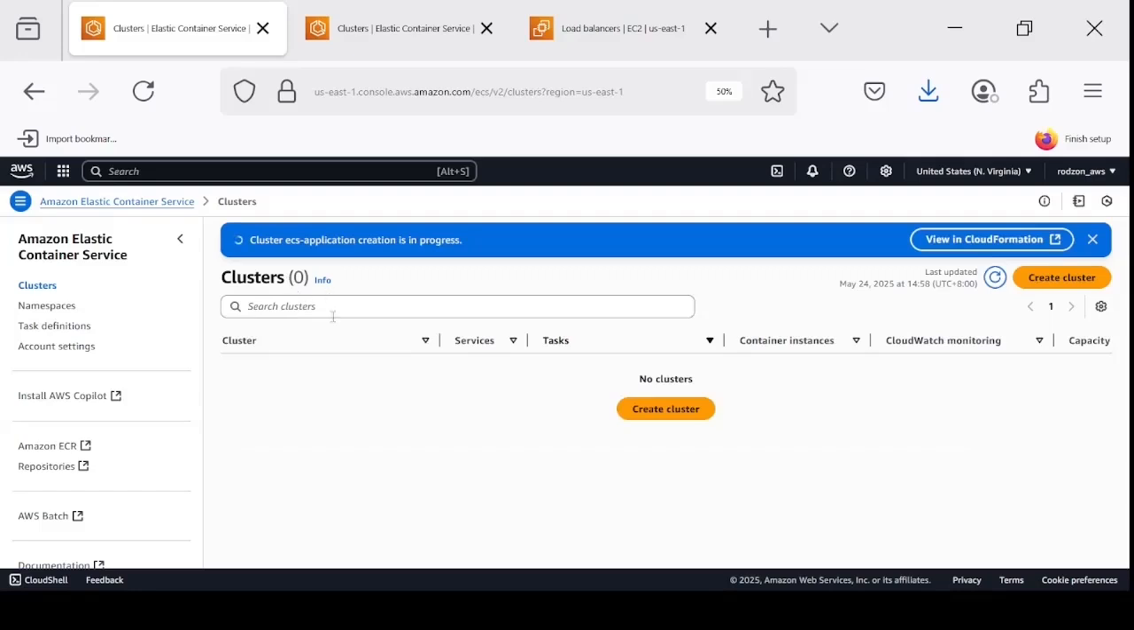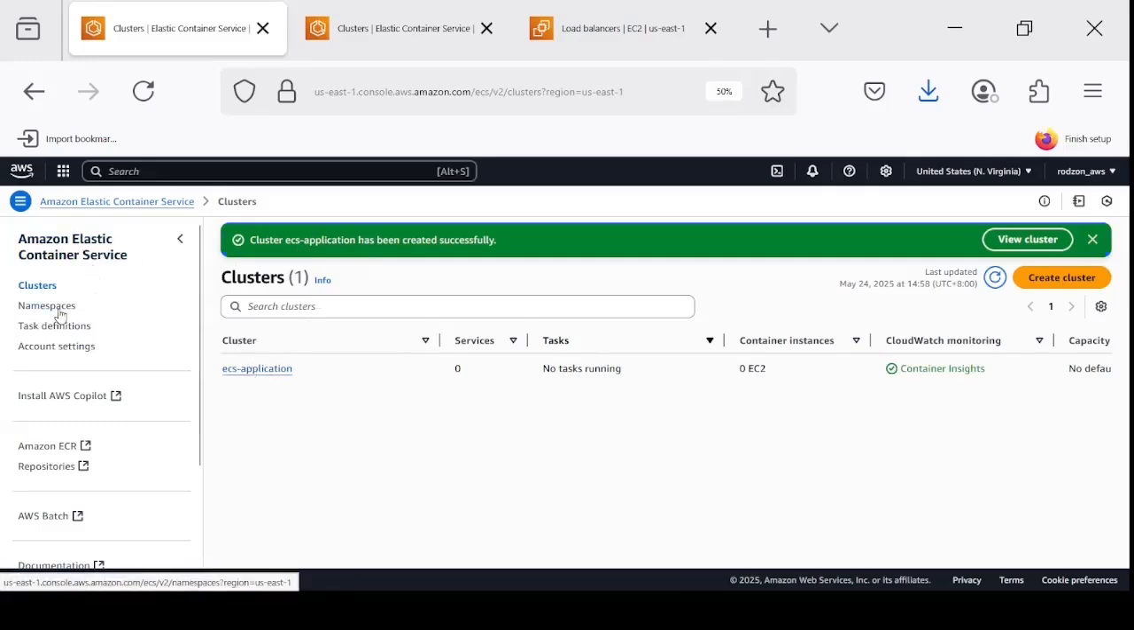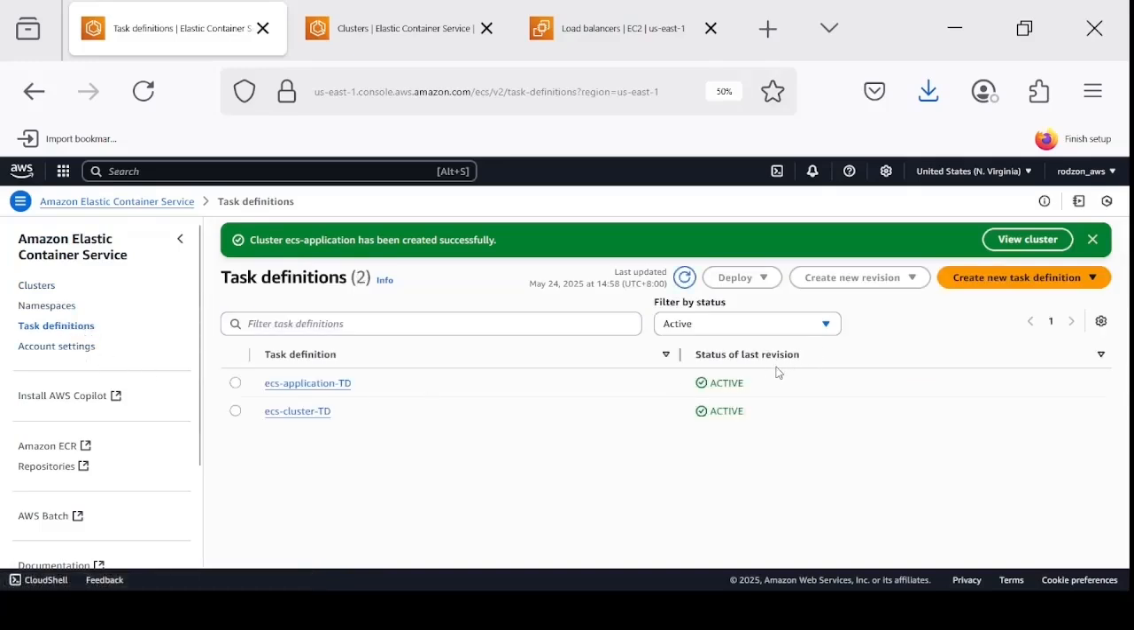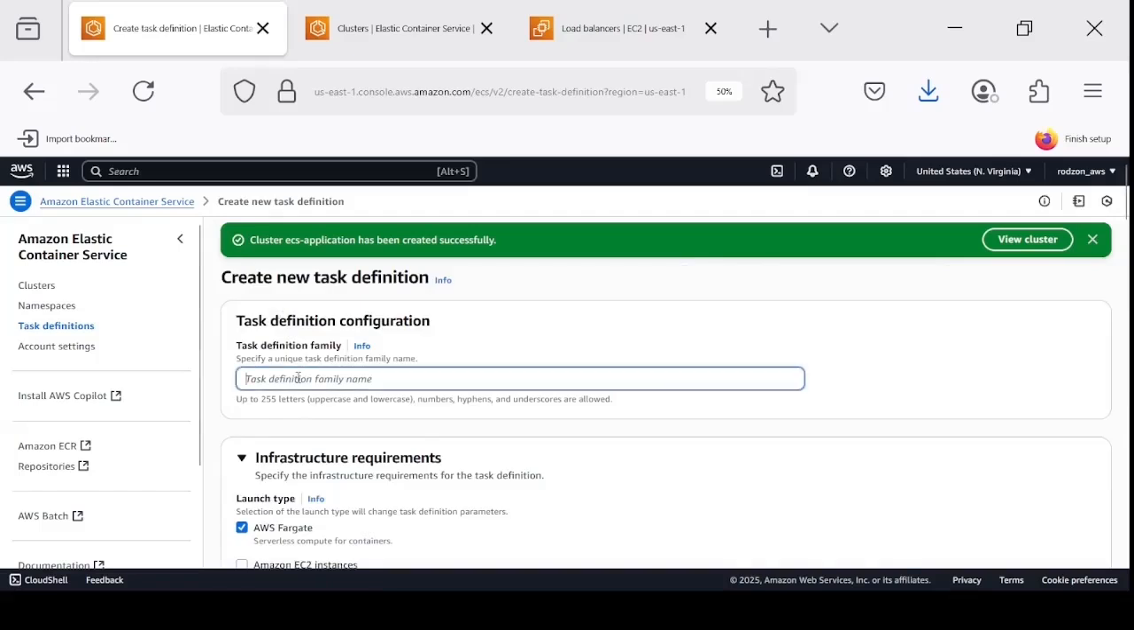Now, after this, we will proceed creating a task definition. Okay, so here it's already complete. Then here the menu at the left side, task definition. Earlier I created this, but to demo the new ECS demo, task definition. Okay,